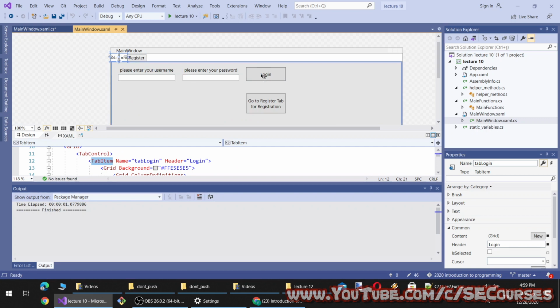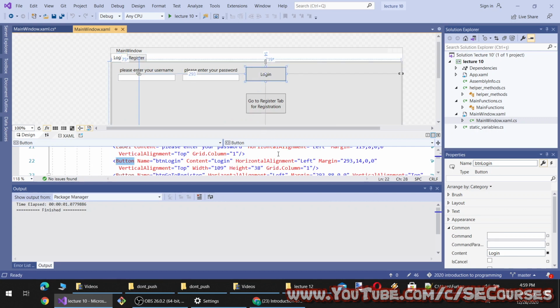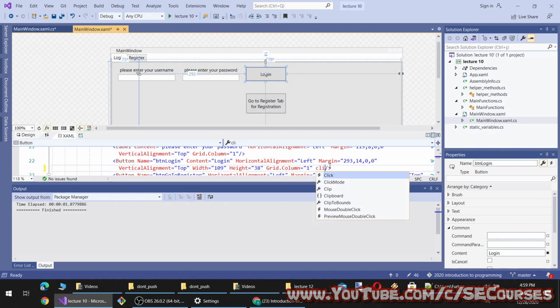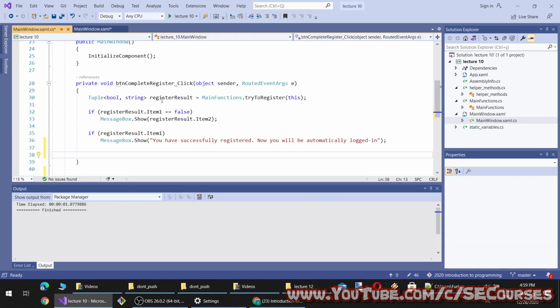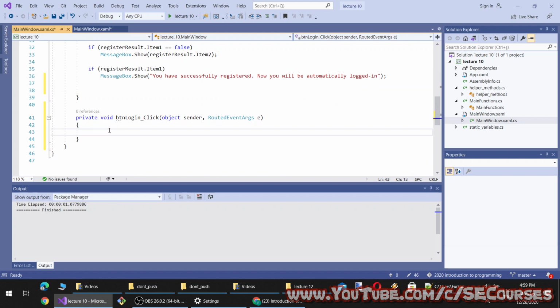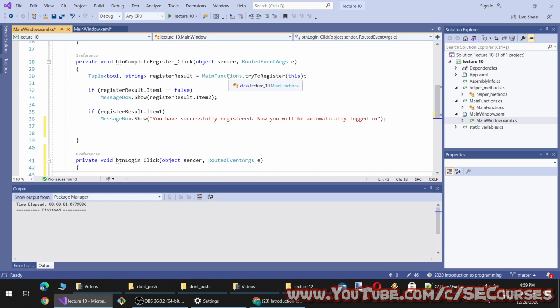Okay, so when the user clicks the login button, we will go to the login click event. So let's compose the click event first for the login button. Okay, it is here. I will use the same approach for login.